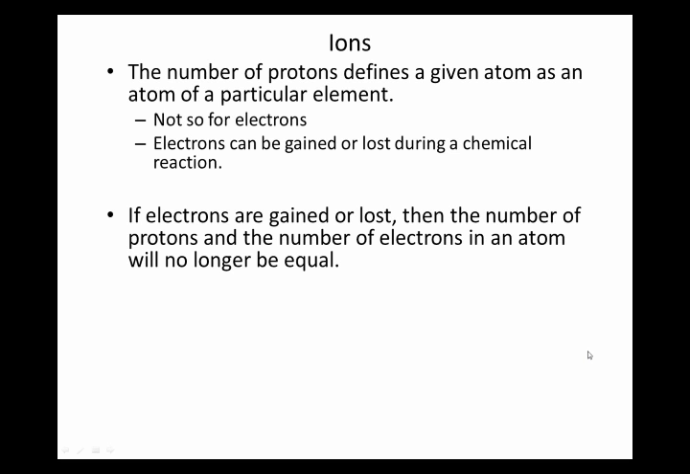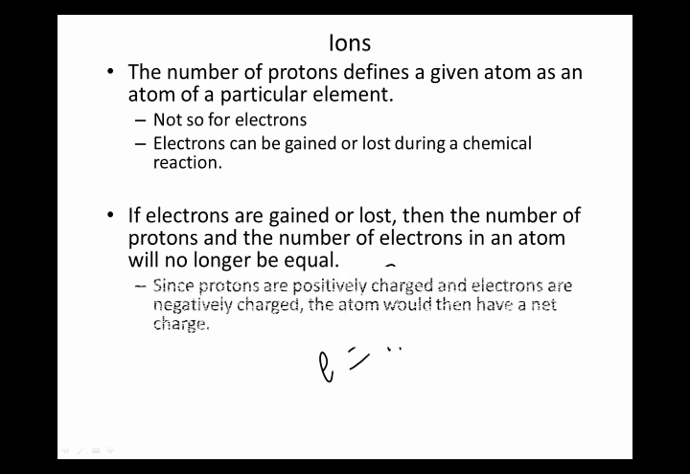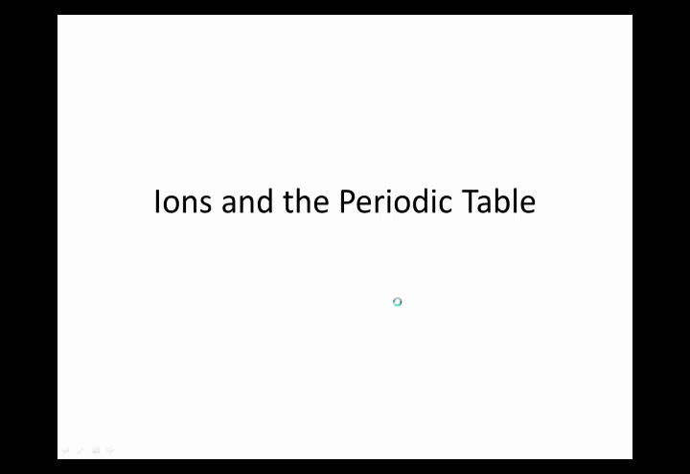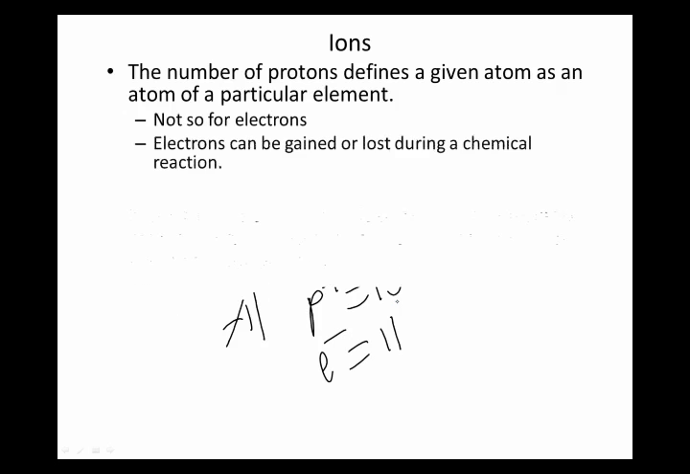Imagine we have aluminum, with its 13 protons, and normally 13 electrons, right? Imagine that aluminum lost 2 of the electrons. So now it only has 11, right? Well, now it's no longer neutral. Aluminum is no longer neutral. The charge is going to be equal to